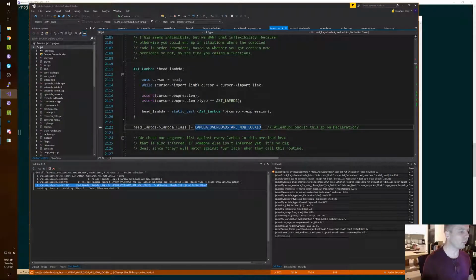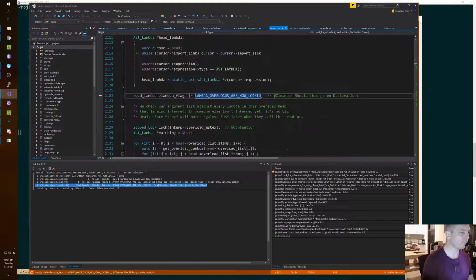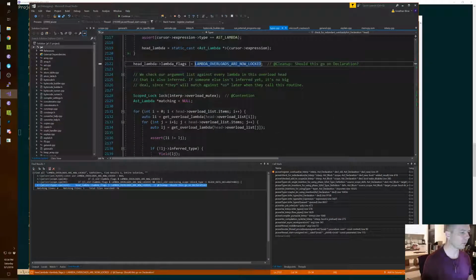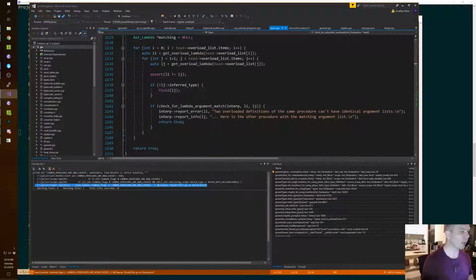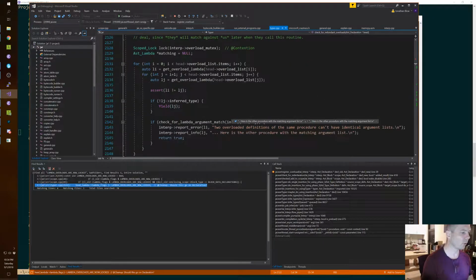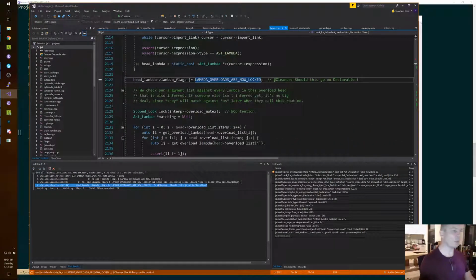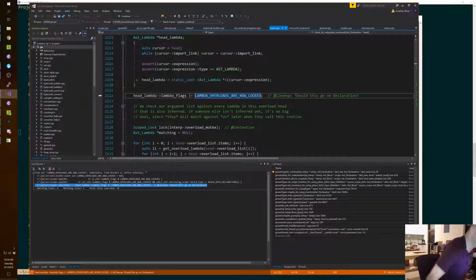Oh, you know, one of the issues is, so this is when somebody asked about n-squared operations yesterday. This is an n-squared operation where we check all the overloads against all the other ones to make sure there's no redundant ones. Okay. I even mentioned this exact thing. Yeah, this should be on the declaration.